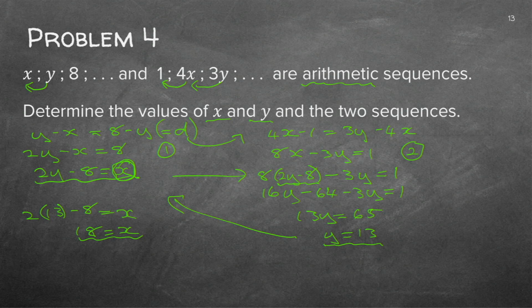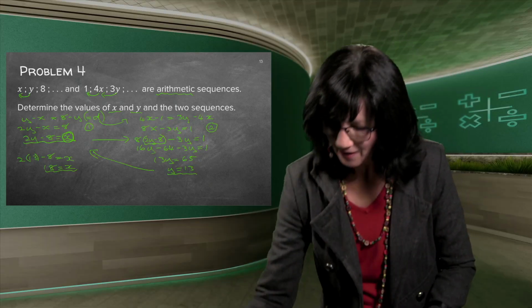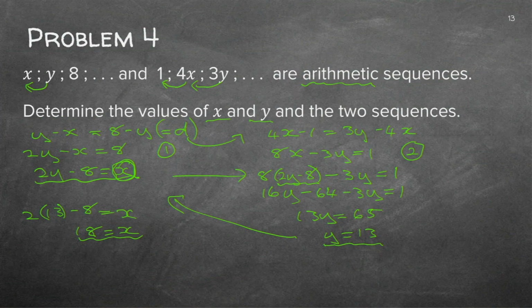Oh. Did you see my mistake? I said 5 and I wrote 13. I thought this is not right. I said 5, but I didn't write it. So let's just quickly redo that part. Be very careful. I already had the answer in my mind, and I just wrote the 13 that I talked about. It's 5, because remember, 65 divided by 13 is 5.